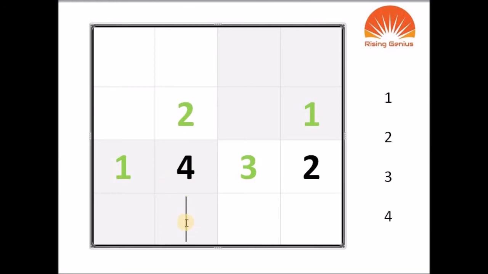So if 1 cannot come here, 2 cannot come because 2 is already here, and 4 also cannot come because 4 is already in the standing line. So what remains is number 3. Then what is remaining here? 1, because only 1, 2, 3, 4 you have to fit in this line, correct?